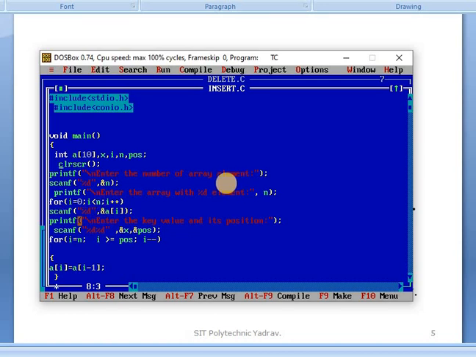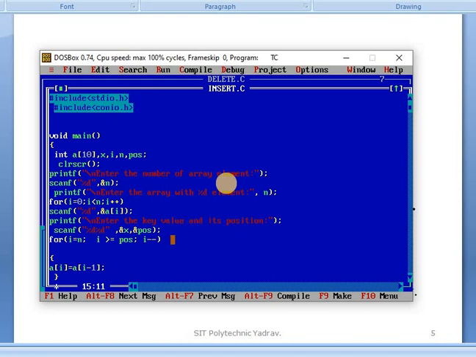After that printf, where \n is a new line: enter the key value and its position, this message is displayed. Enter the key value, meaning which element is added, and its position. After that scanf with %d %d. Why do we use two?